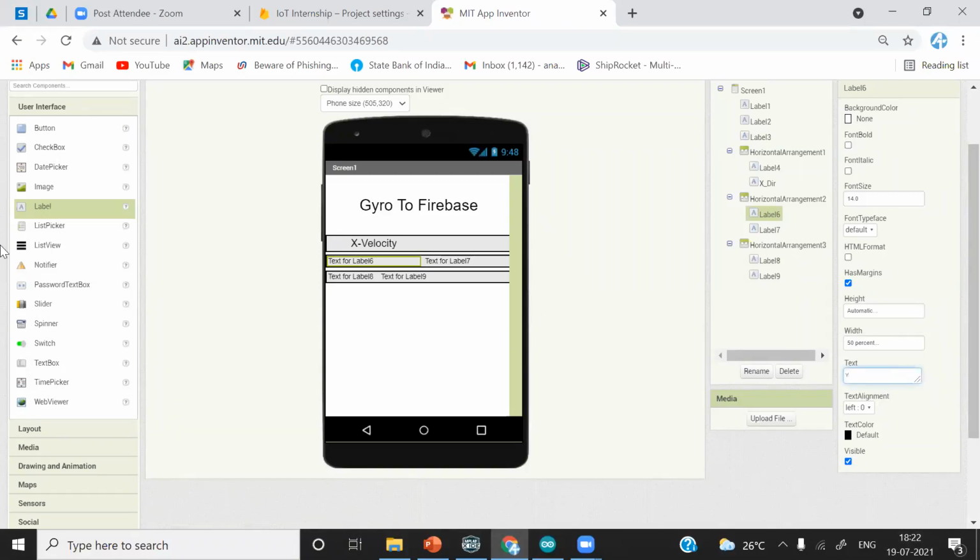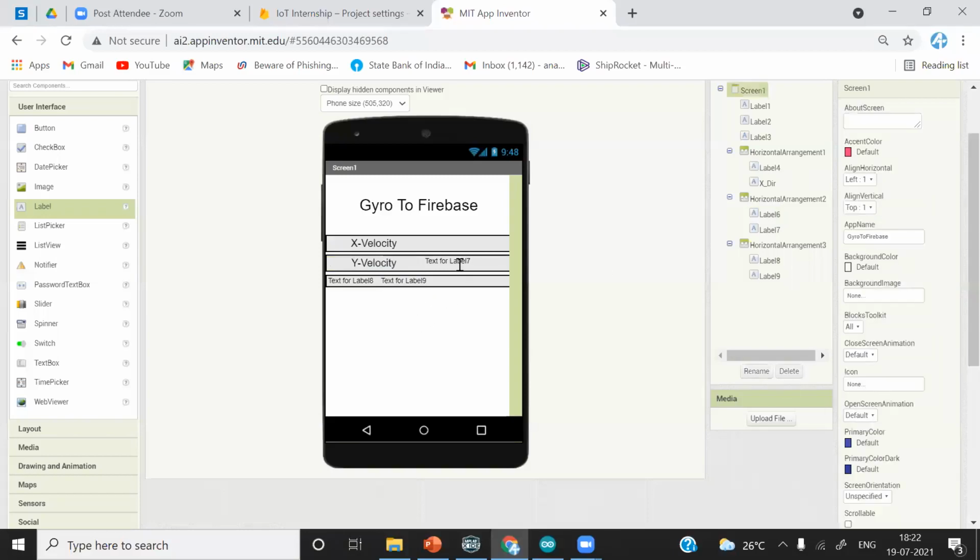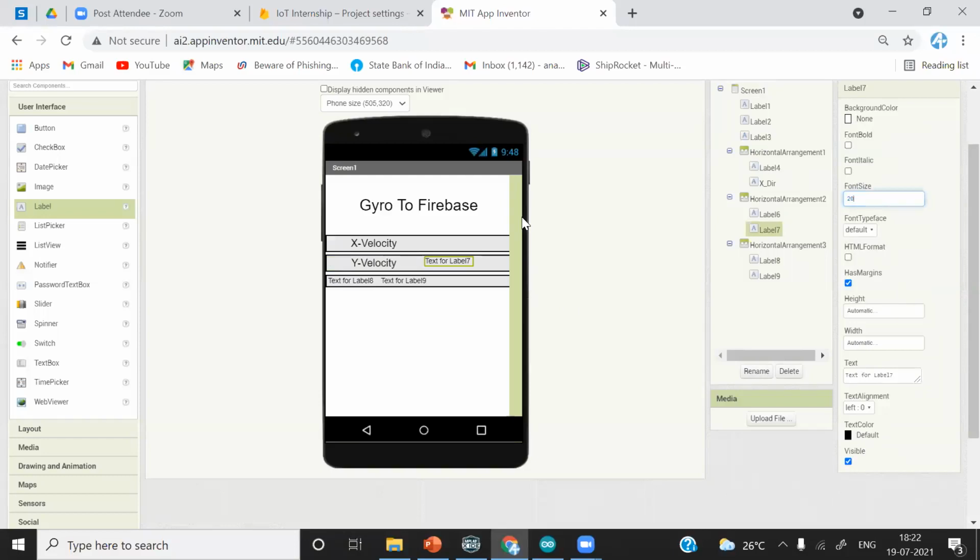Y direction, Y velocity. Make the font size 20, text alignment center. Font size 20, width 50%, text alignment center.